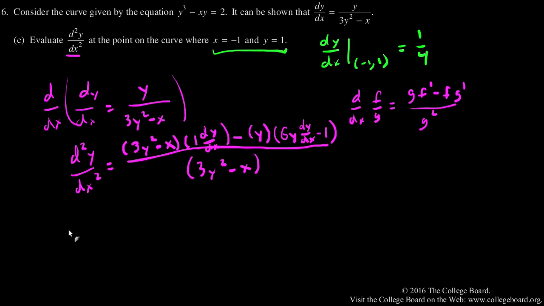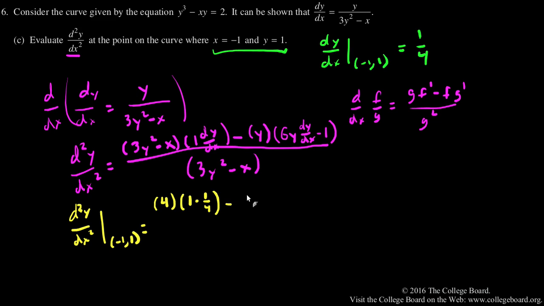And now we can use some of the stuff we did earlier to help us out. We already put in -1 and 1 up here. So d squared y dx squared evaluated at -1, 1. When I put it in here, I got 4. We already did that work. I don't need to redo it. You can see if you do it, but got 4. It should be pretty obvious. We already found dy dx. I don't need to substitute this back in and make a big mess of things. We know that dy dx at -1, 1 was 1/4, so I get times 1 times 1/4